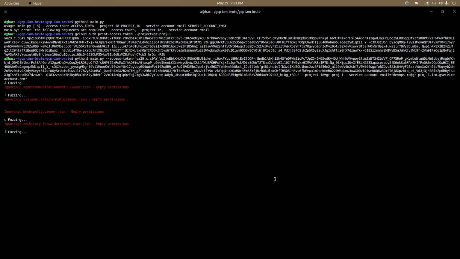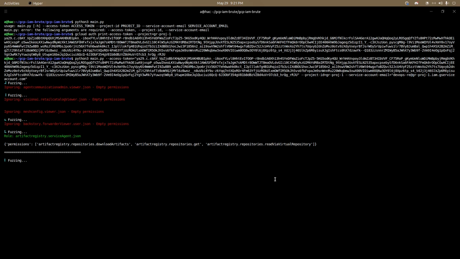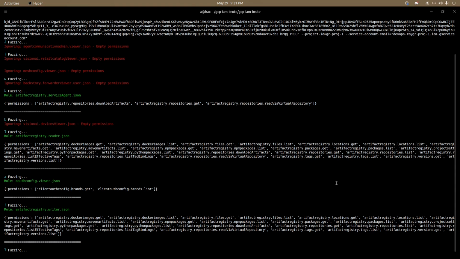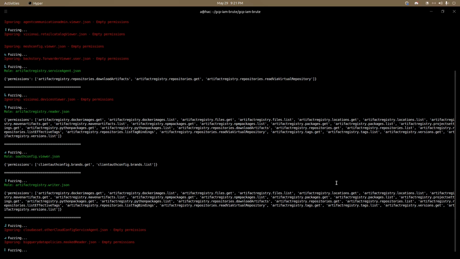I don't see anything in logs. Now my next work will be to figure out whether and how we can log this whole brute forcing, right? And if you're an experienced GCP pen tester or a blue teamer who does a lot of GCP stuff, let me know how exactly we can track this brute forcing part. But anyways,